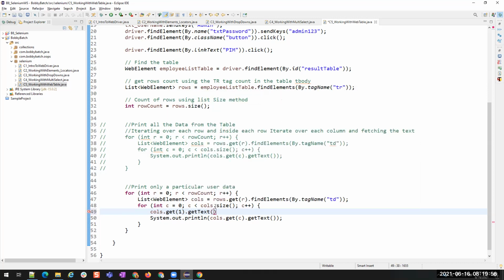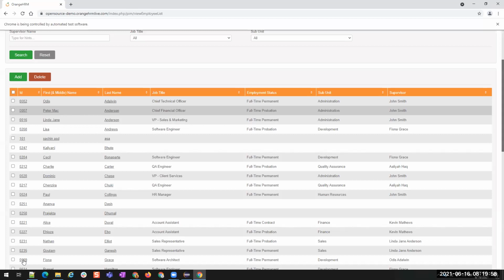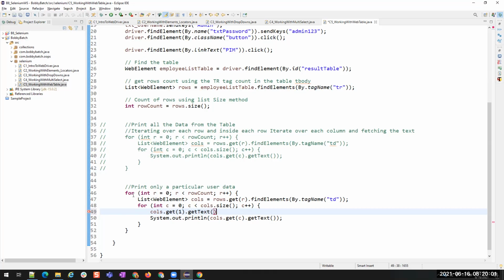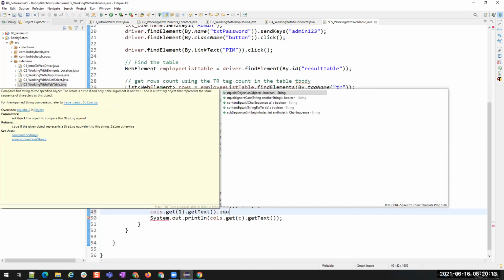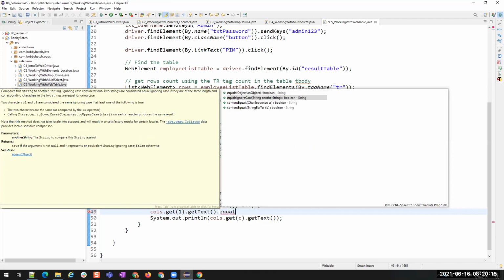This will give me the ID numbers. From each row, the ID column value will be given because I am hard coding this index. Then this getText equalsIgnoreCase